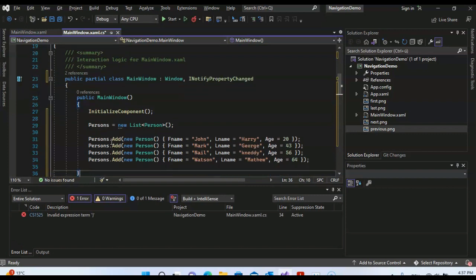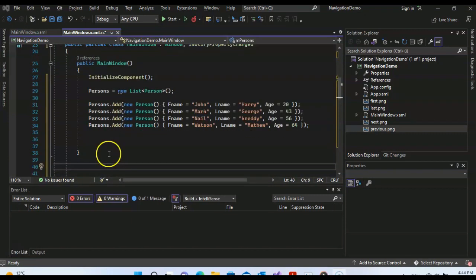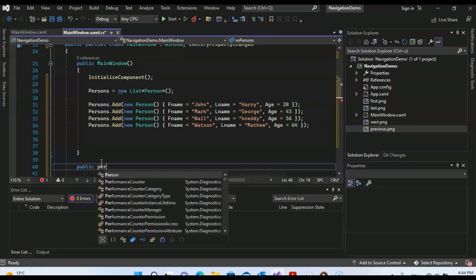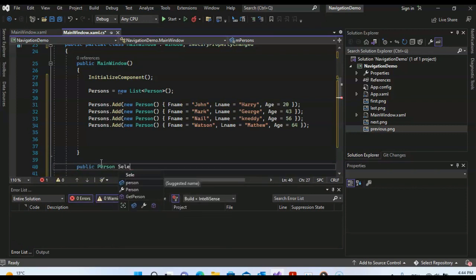So these are the ages of the different persons. One more thing we need is a selected person every time we change our list item. So for that we will take public Person SelectedPerson, without space,